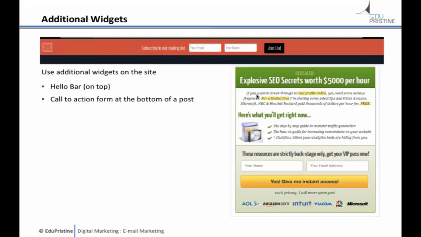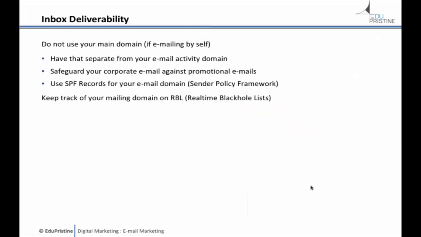If you're writing a blog post and somebody is reading it, at the end of the blog post you can have a widget revealed: explosive SEO secrets worth $5,000 per hour, and so on. These results are strictly backstage only. Get your VIP pass now. So you're giving your name, your email address, and that is what they need.